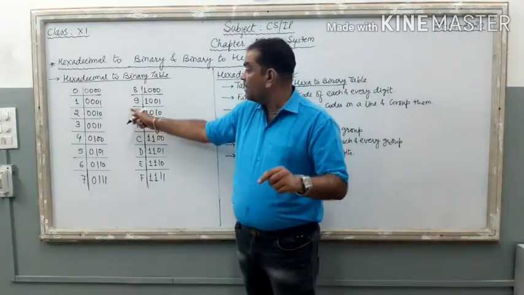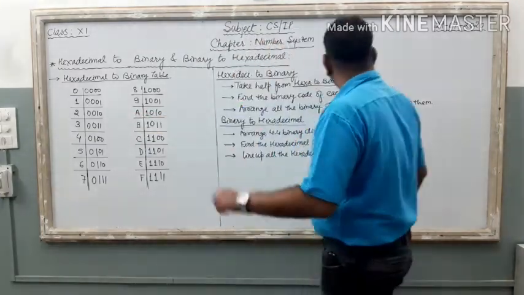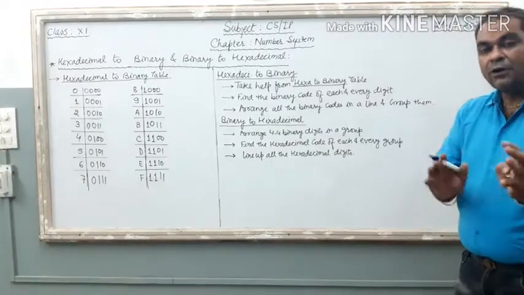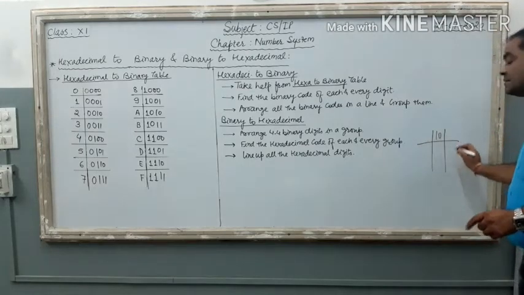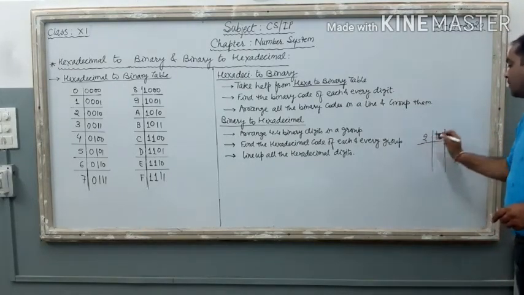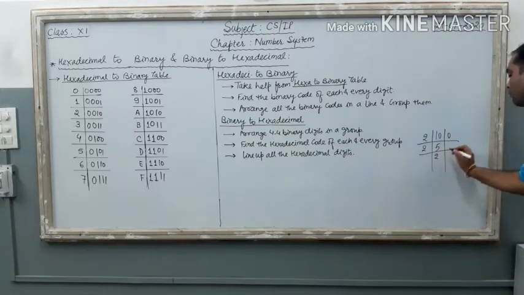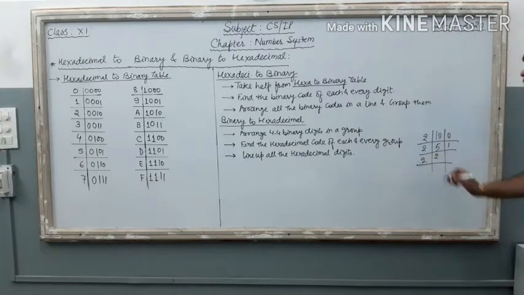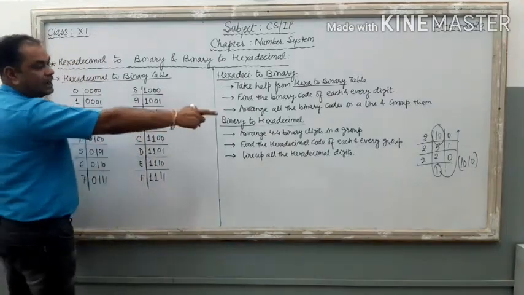In the decimal number system, if you move forward after 9, it is 10, right? A stands for 10. Now just see, 10 is a decimal number, and you want to convert it into binary. The process is to write 10 inside these two vertical lines and divide this 10 by 2. Here it is 5, remainder is 0. Then again divide it by 2. 2 2s are 4, remainder is 1. Again divide by 2. Remainder is 0, result is 1. Now just take this result and the remainders. So it is 1010. It is the binary code of 10. 10 means A. So here the binary code of A is 1010.